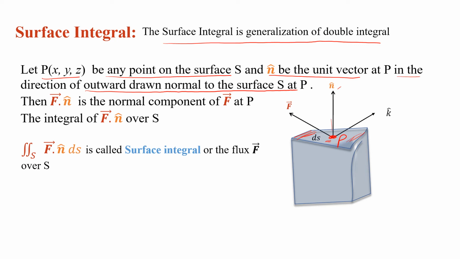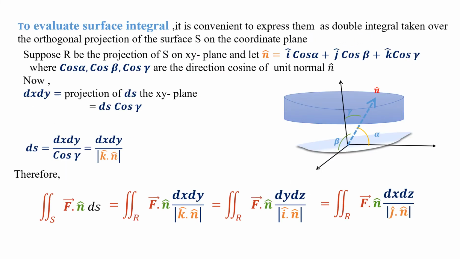Then the vector F dot unit normal n is the normal component of the vector F at that point P. Then the integration of F dot n cap over the surface S is written as the double integral F dot n dS, and this is called the surface integral, or sometimes the flux of the vector F over the surface S. So, to evaluate the surface integral,